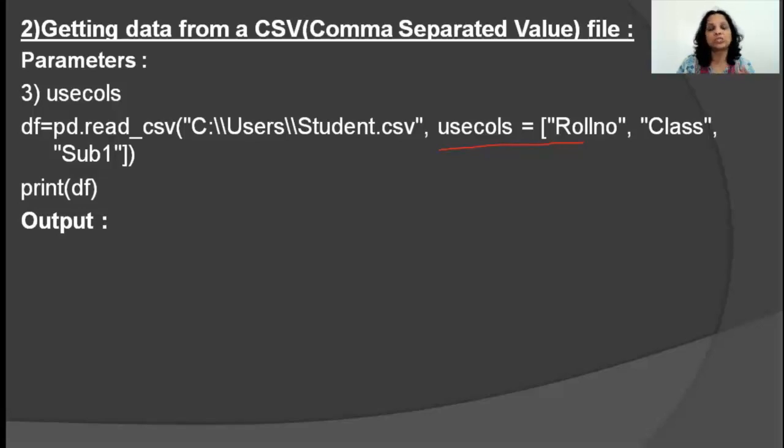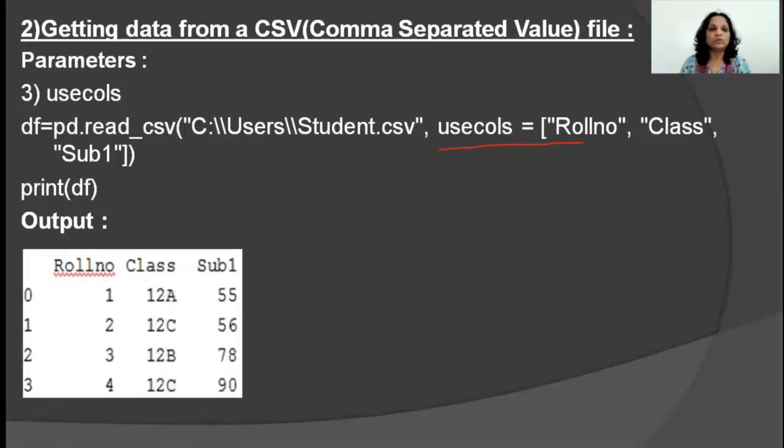Okay, let's go to the next parameter that you can use with the read_csv function. It's called usecols. Now, let's assume your TXT file or your CSV file contains a lot of columns. But when I'm transferring it to a data frame, I don't want all those columns. I want selective columns. So you can do so as you see in the underlined section. usecols is equal to. So now I'm saying my data frame should only consist of roll number, class, and subject 1. So if you see, the data frame is roll number, class, and subject 1. The index labels have gone back to 0, 1, 2, 3 because you've not used the index_col parameter here.